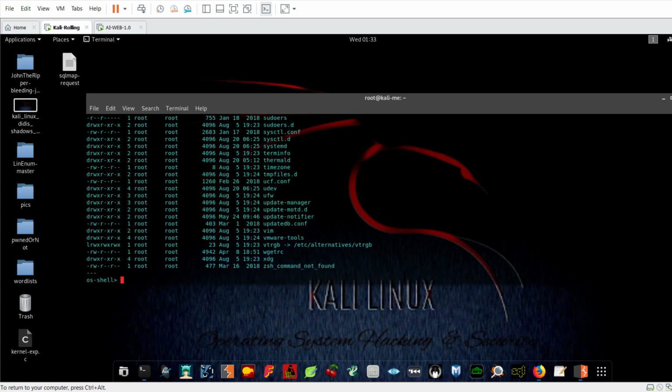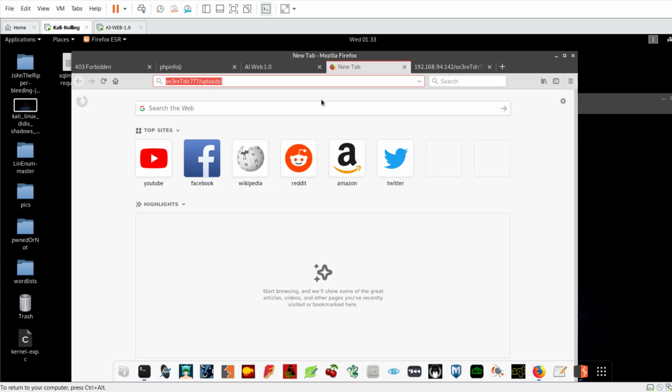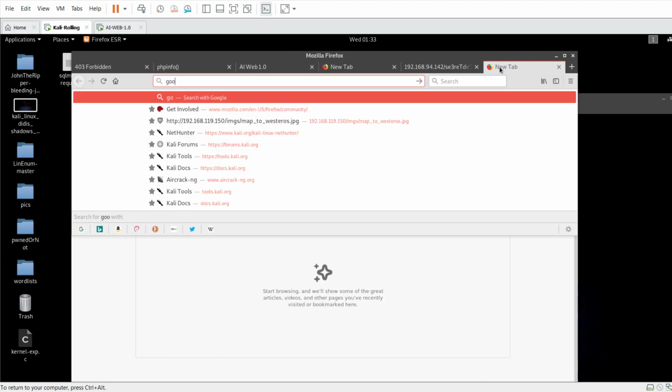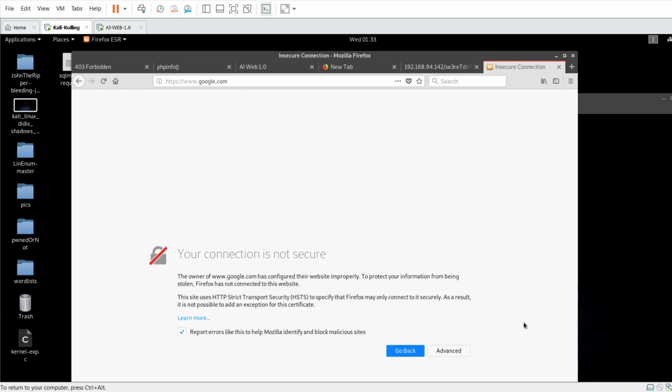Now actually OS shell is kind of unstable. In your testing, it's enough to do that, okay? OS shell, so you proved to the client that you exploited the vulnerabilities in their web server. So it's enough till here, but if you want to get a stable shell back to your machine, we can go to our friends in